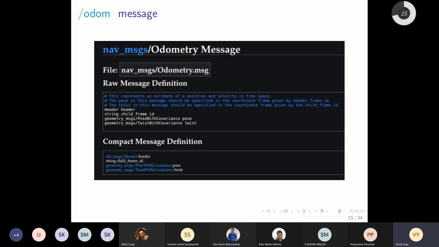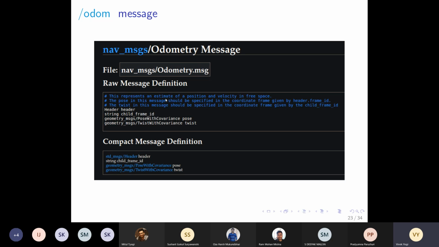Okay, now what does this message look like? So here is a snapshot of the odometry message. This is from the ROS documentation, and you can just Google it. Like you can just Google ROS and nav messages, and you will get to this information there. I have just taken this snapshot, and it shows us what the message definition is. The message definition is just a regular MSG file. It is somewhere in your system, but this is the content of that file.